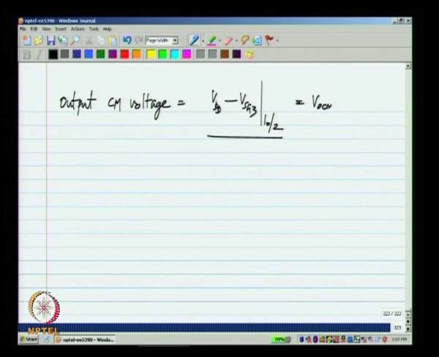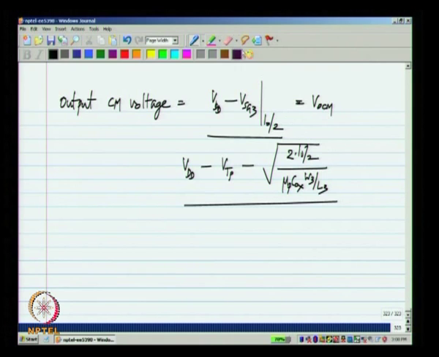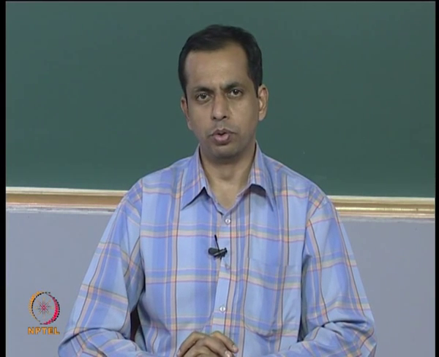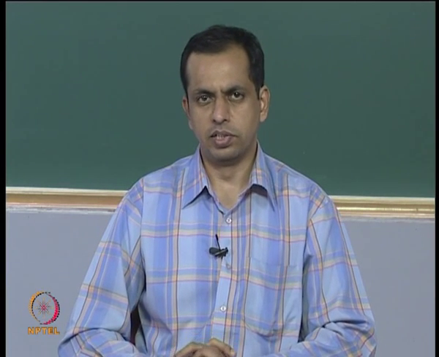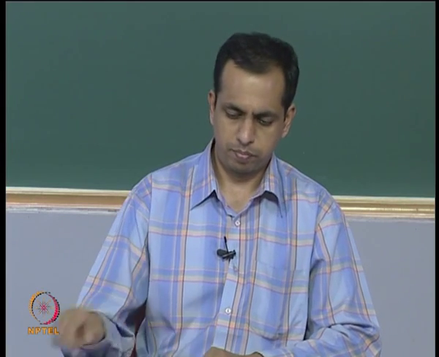This is VOCM. Now, we do not have freedom in setting the VOCM arbitrarily, it depends on the threshold voltage and the parameters of the MOSFET, because VSG3 is nothing but the threshold voltage of the PMOS transistors minus the square root of 2 times I naught by 2 divided by mu p Cox W3 by L3. Now, by choosing the dimensions of the transistor, you can play around a little bit with the output common mode voltage, but you do not have too much freedom to do so. But in many cases this circuit works perfectly well.